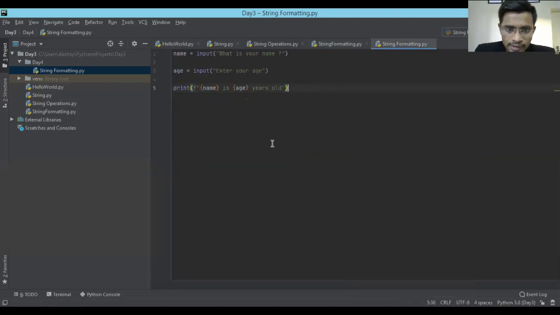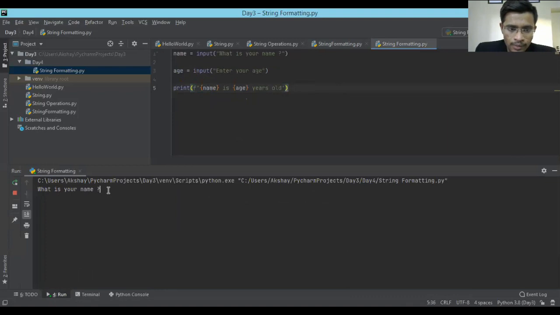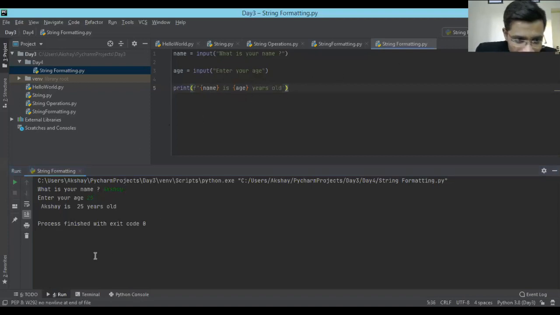Okay, let's go ahead and run this. What's my name? Akshay. Age 25. See, it printed the same thing: Akshay is 25 years old, but this time it printed pretty quickly. It is not showing the time actually. If it did, I would have shown you, but just make sure that this is the same as the dot format method. The thing is, it is much faster than dot format. So this is another way of formatting a string.